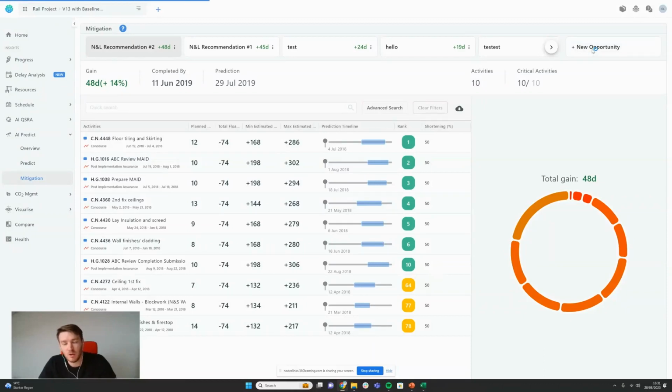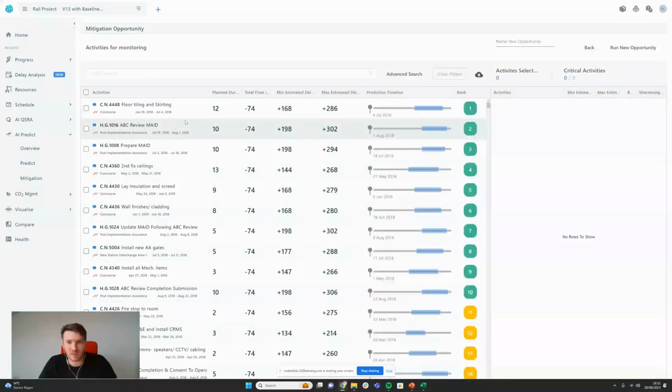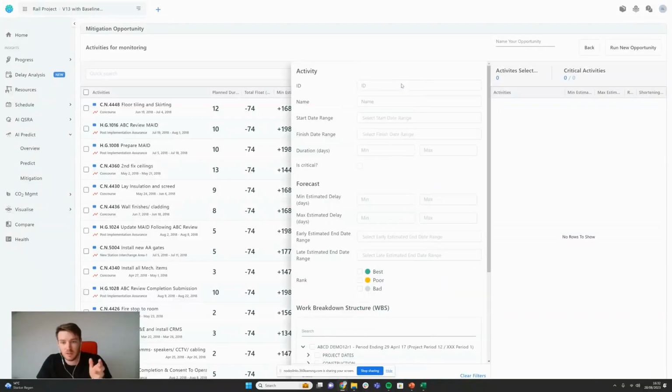So I can click on New Opportunity, and it will enable me to run a new scenario. All I do is select the activities I care about, and I've got my advanced search function again. So these can be targeted. For example, let's actually do this live.